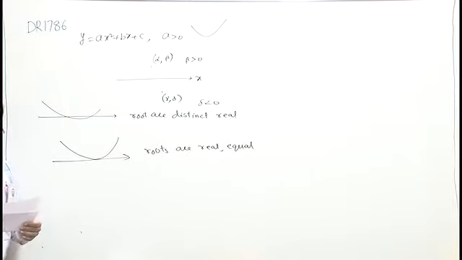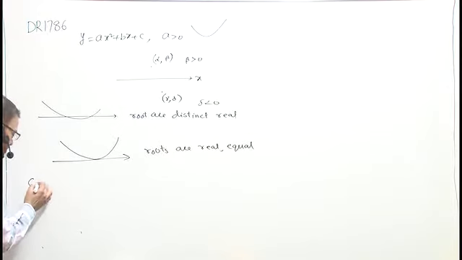At least one root must be greater than 2. I have here it is exactly one root is greater than 2 and one root is less than 2. Or another possibility is one root is greater than 2 and other root is equal to 2. And the third possibility is both the roots are greater than 2. Coming to the first case